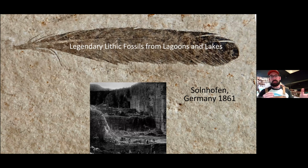Came into the publication light because that quarry worker knew that there was a doctor in town that could trade healthcare for fossils. So he had developed chronic pneumonia, probably from working in these Solnhofen quarries that were being mined out for lithographic plates at the time, and occasionally you'd find these great fossils. So this is how one of the earliest feathers came to light, and it really does look like a truly